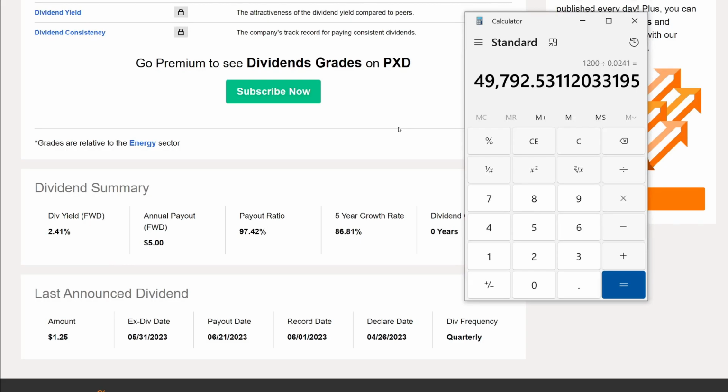Let's go ahead and do the last one, guys, which is actually $100 every single week. I think this one is definitely more achievable, or I guess not as more achievable, but a little bit more achievable than $1,000 a month, but it's awesome. Imagine getting $100 every single week. So we want to make $100 every week. There is 52 weeks in a year, so annually we need to make $5,200. You can divide that by the annual payout, which is $5, and you'll see we do need to own